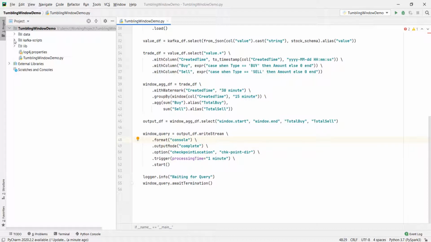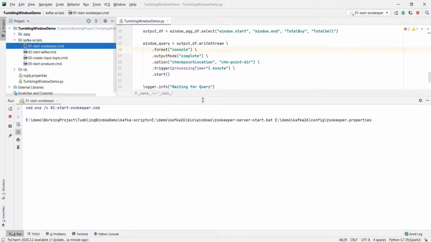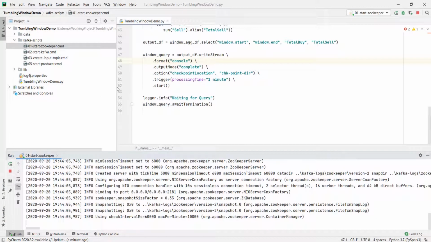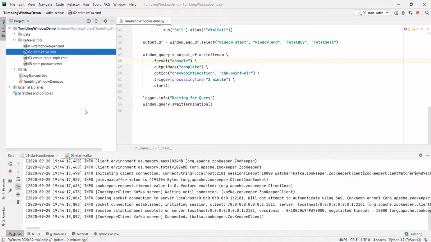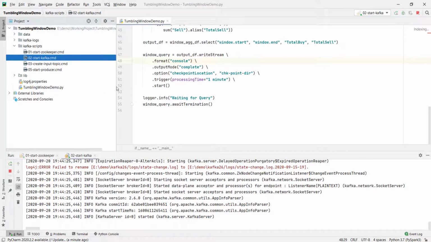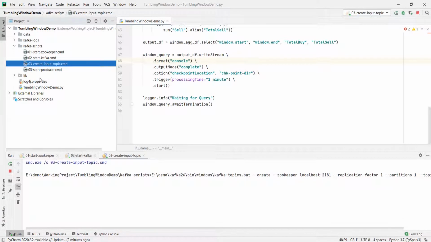Now, let me start the Zookeeper and Kafka server. Then, I'll create the topic and start the producer to send an input.